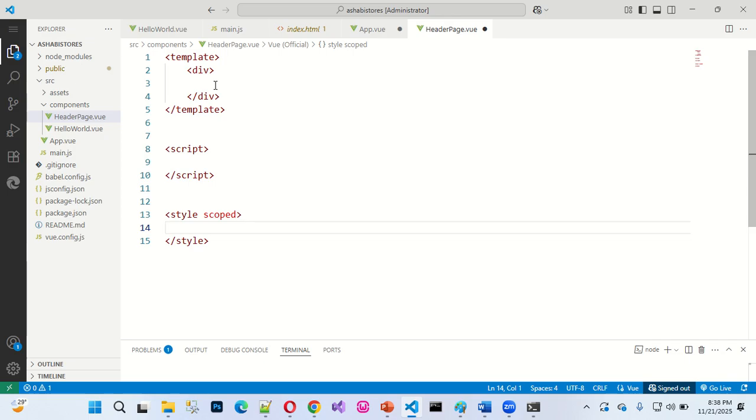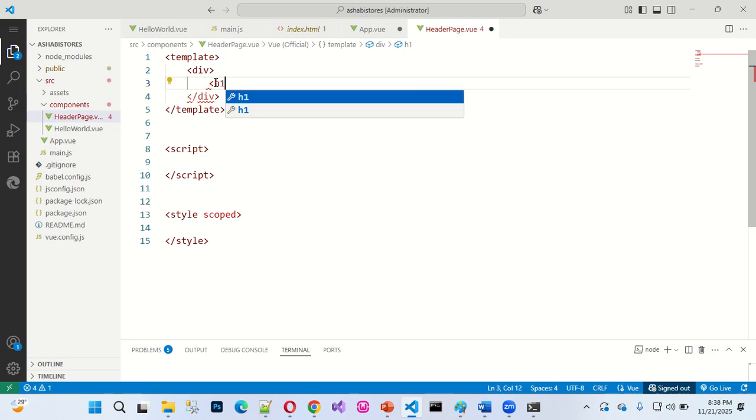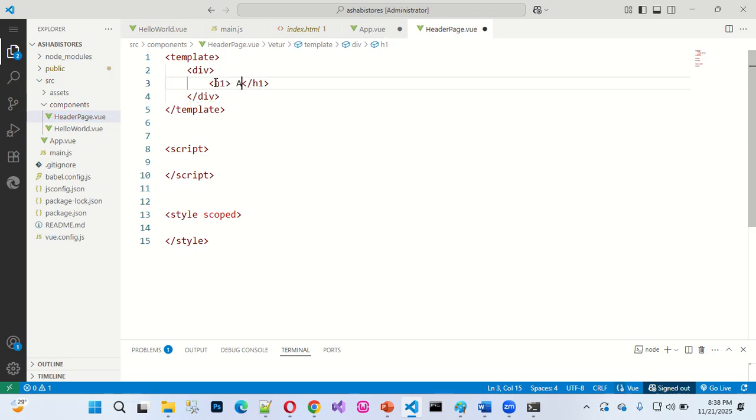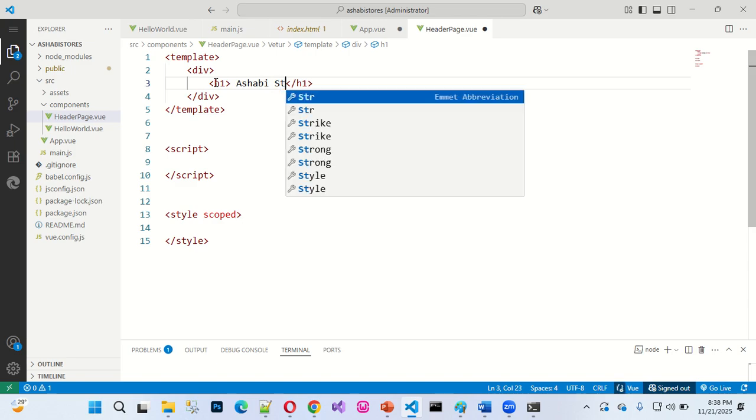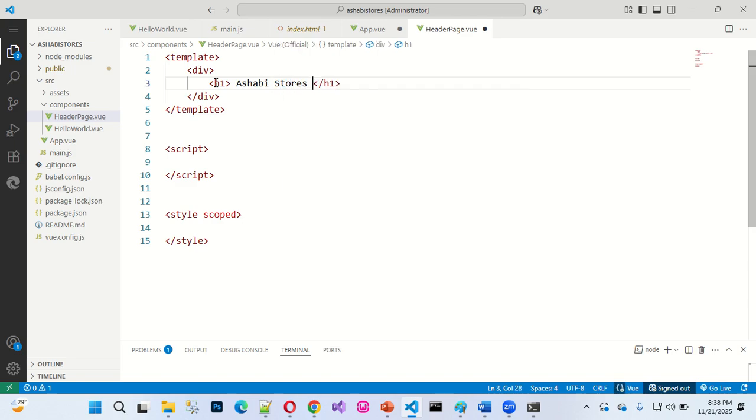To see how this one is, some of the HTML code we have been using before for different interfaces, I can put it here now. By coming down here, I'm now using H1 for my header. I'm going to say Asabi Stores. That is it now. You can see. And this time around, I want to apply some CSS to Asabi Store to make